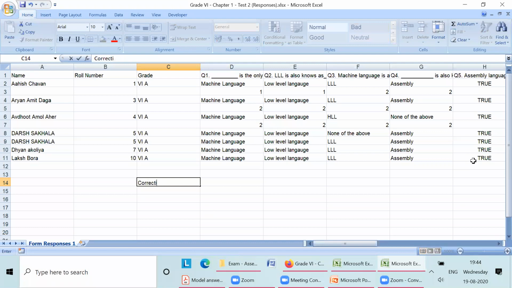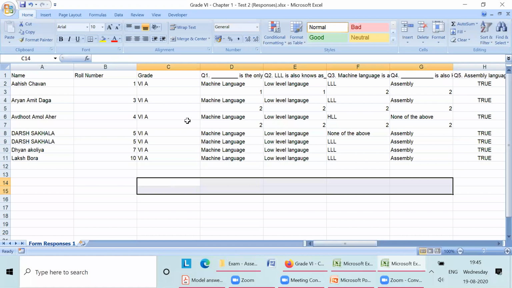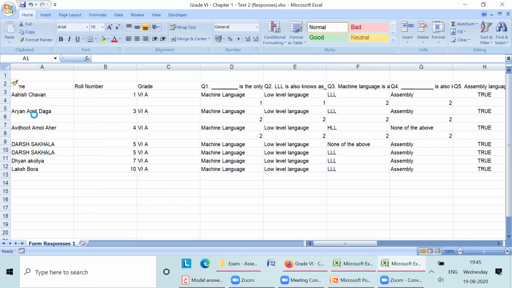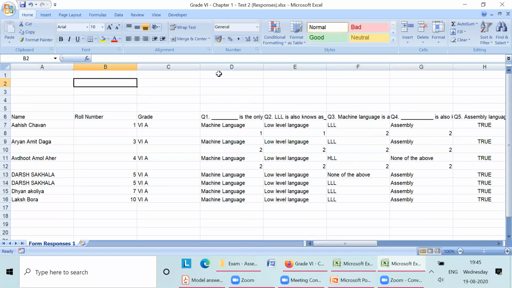corrected by and moderated by. This can also be on the top. Yes, as Yogesh sir said, we can also insert a cell up and put it at the top itself, even for online. Why not make it uniform? You can insert the cell up over here: corrected by and moderated by.